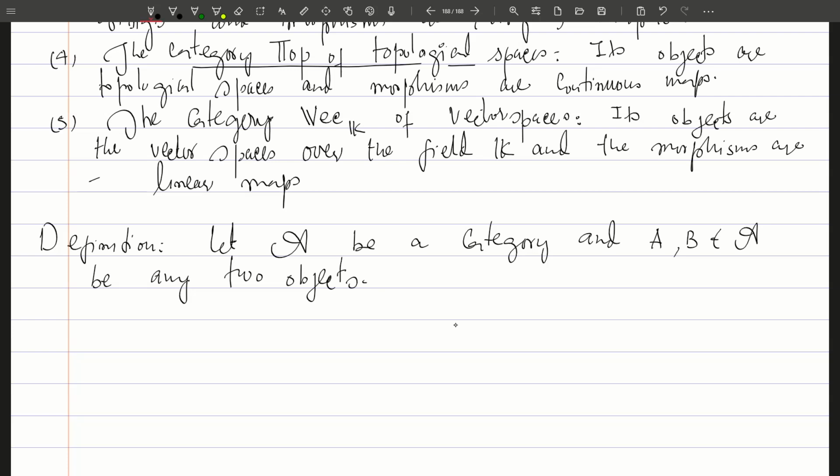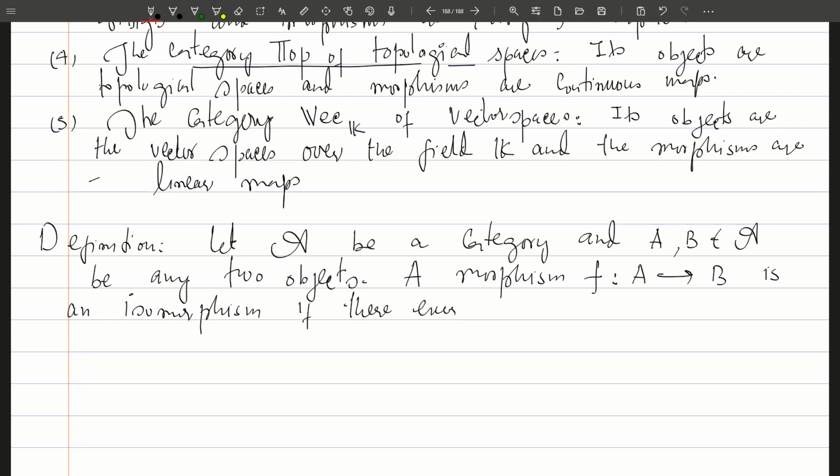We say a morphism F from A to B, that means this F is in the set Hom(A, B), is an isomorphism if there exists a morphism G from B to A